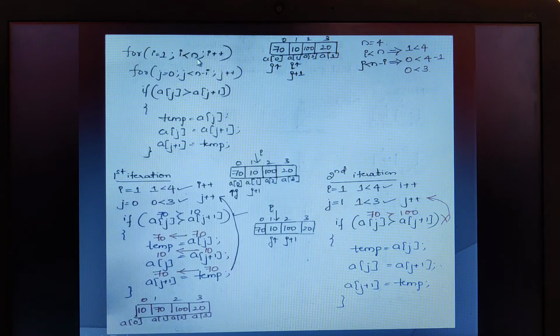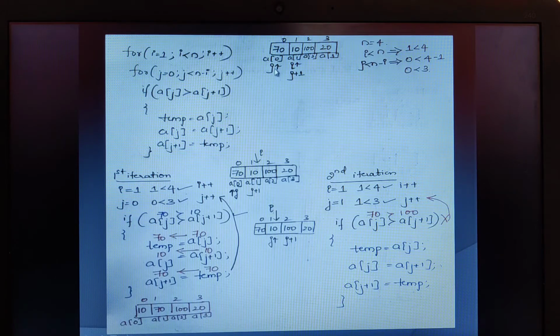On satisfying this for loop, we are going to execute this particular next for loop. So initially J is pointing to the 0th location, and as per this, J should be less than n minus I. What do you mean by n minus I? Right now the current value of J is 0. 0 should be less than n minus I. What is the n value? 4. 4 minus I. I, what is the current value? 1. So 4 minus 1, that is 3. So J should be less than 3. J value is 0, and 0 is less than 3. Yes, the condition is satisfied.